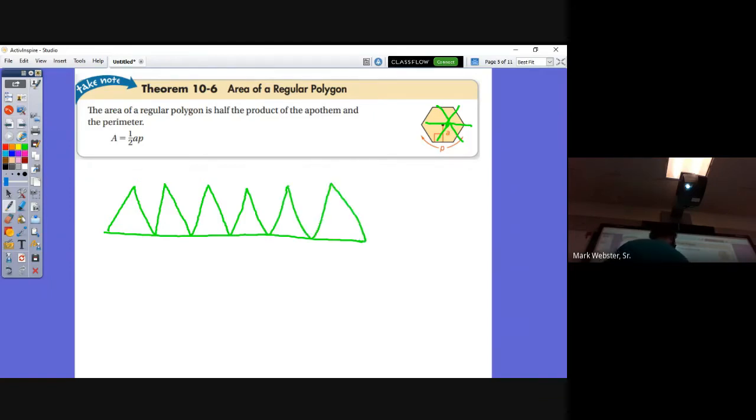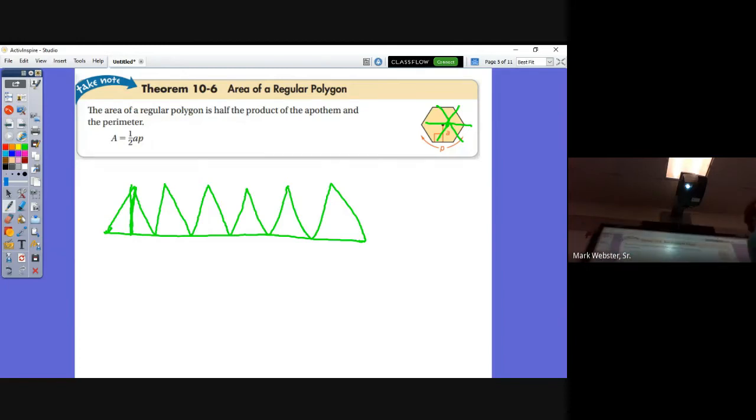I'm absolutely 100% going to need to recalibrate this because it is way off. But look, here's the thing. The apothem is just the height of a triangle, right? The perimeter is just the base of a triangle, and then